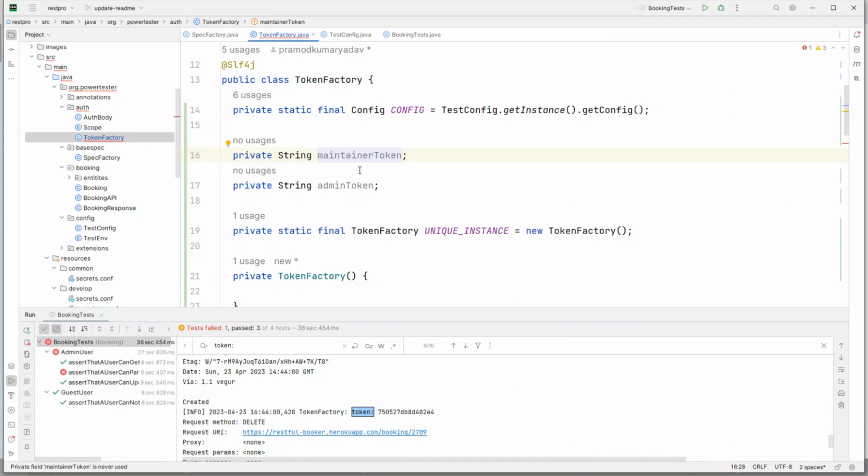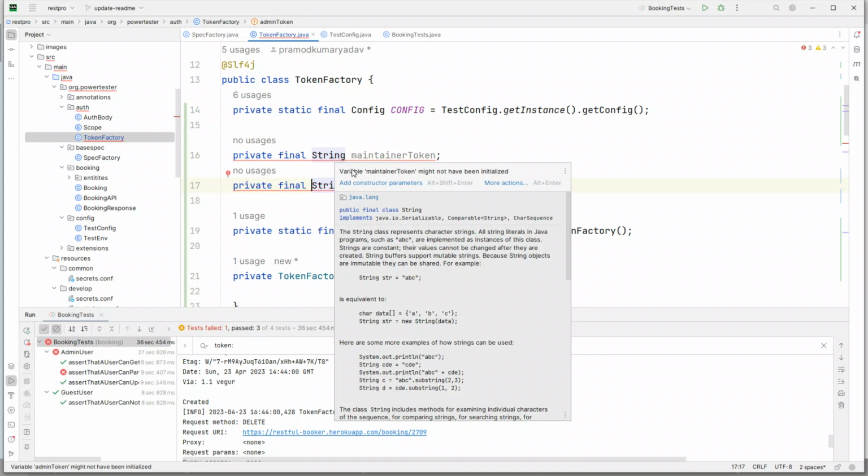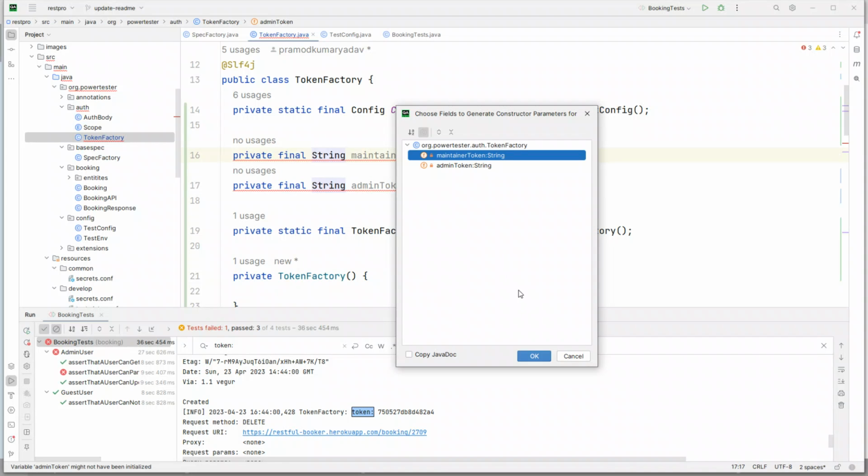We have a maintainer token and an admin token, and we only want to set them once and reuse them everywhere. So we're going to mark them as final. Now it is complaining that we have defined this token as final, but it is not initialized anywhere. So if I say add constructor parameters, and select both of them,